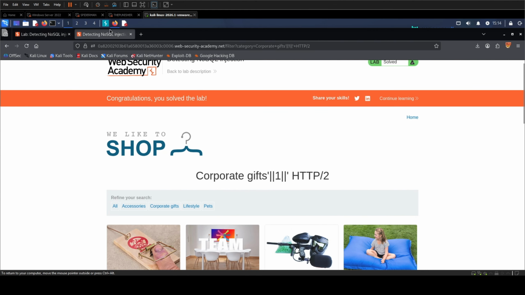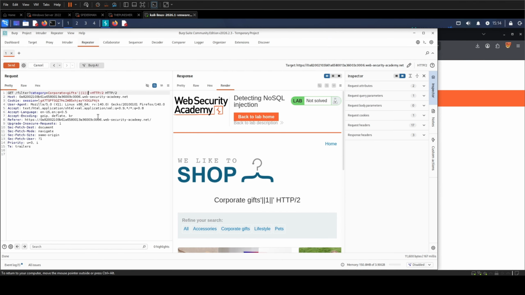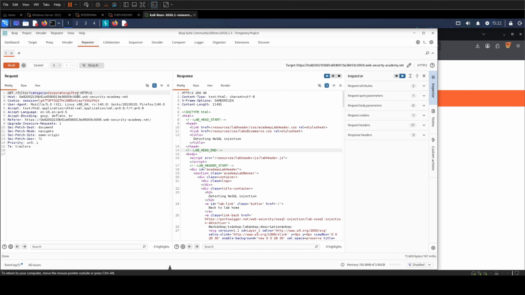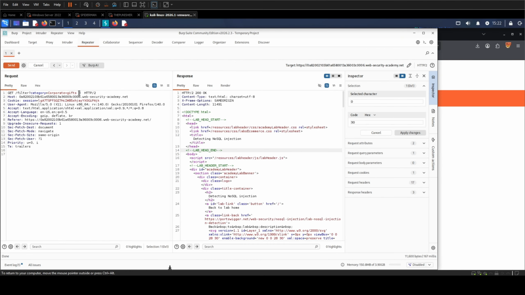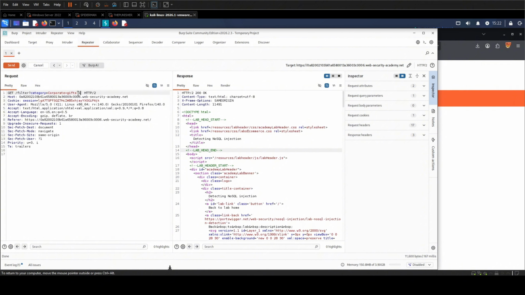So let's walk back through why it worked. Because this pattern shows up everywhere. The single quote got us a JavaScript error, which told us 2 things at once. Our input reaches the database, and the database is running JavaScript. Then gifts single quote plus single quote came back clean, which proved the app actually evaluates what we send. After that, the false condition gave us nothing, and the true one gave us the 3 gifts items, so we'd proven we control the logic. And switching from and to or with an always true value shrugged off that released gate and pulled the whole catalog, hidden products and all.